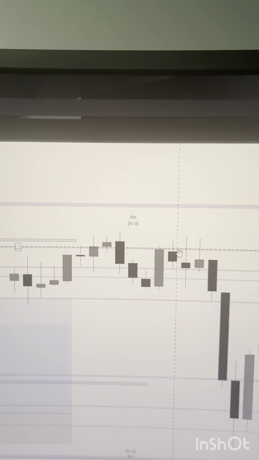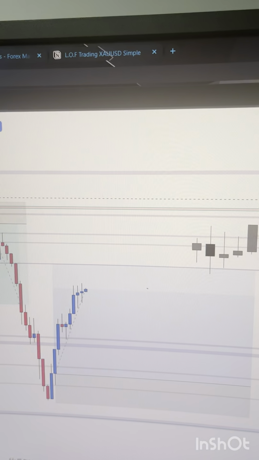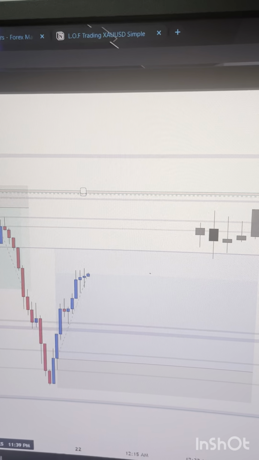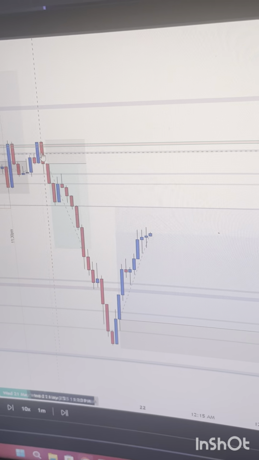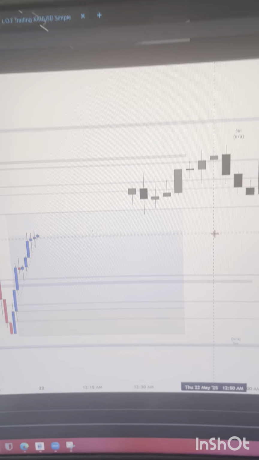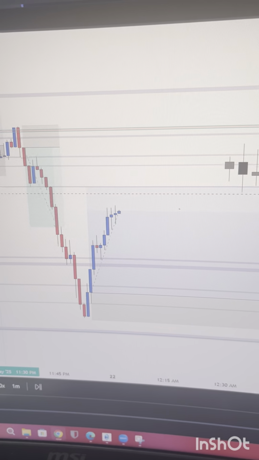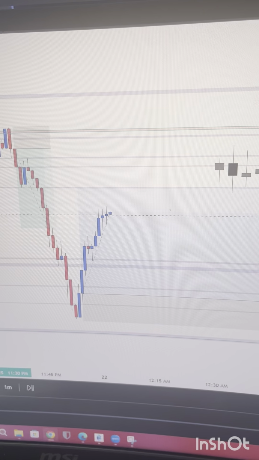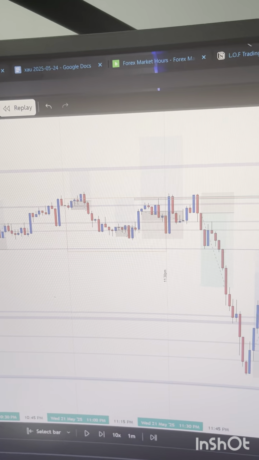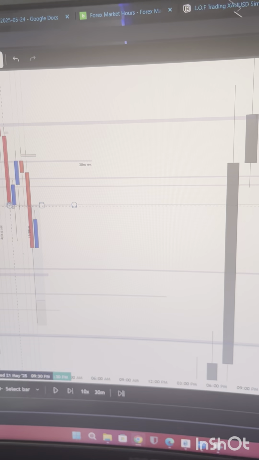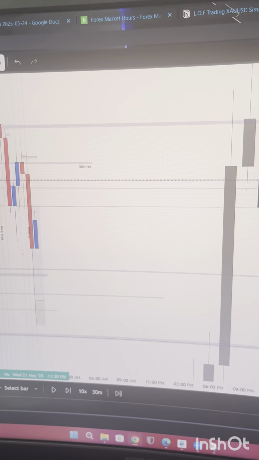Just got to make sure there's no 5-minute resistance when you're doing it, and also that it doesn't form while you're in it. So you have to remember that if you did enter there and a resistance forms against you, like right here, and you get an engulfing right there, that's a sign to get out. So now the next spot the resistance can form is right here, so I'll be waiting for that in order to decide whether we're going to get out, because this would be resistance now, just because the 30-minute had broken this. So if we're going to sell back, we need to retest this in order to sell. So yeah,